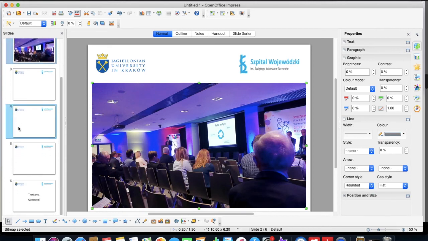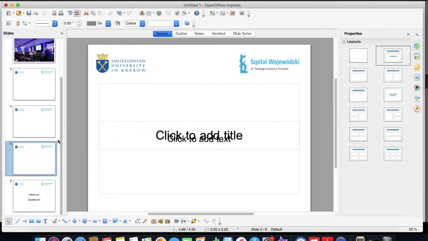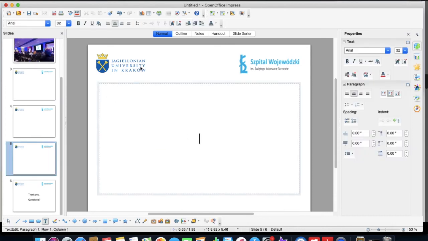Now the second last slide is conclusions or take home message. Please note it may be the last if you are presenting as an expert or a lecturer.